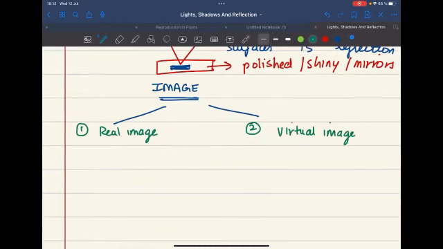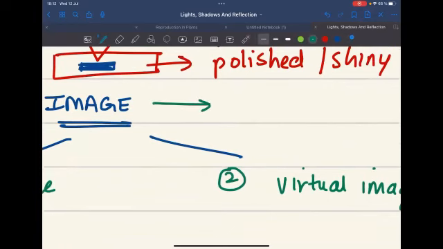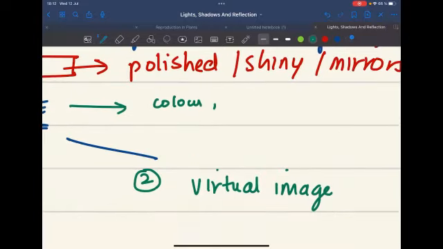Images generally have color, while shadows are black. So why are images formed? They are formed due to